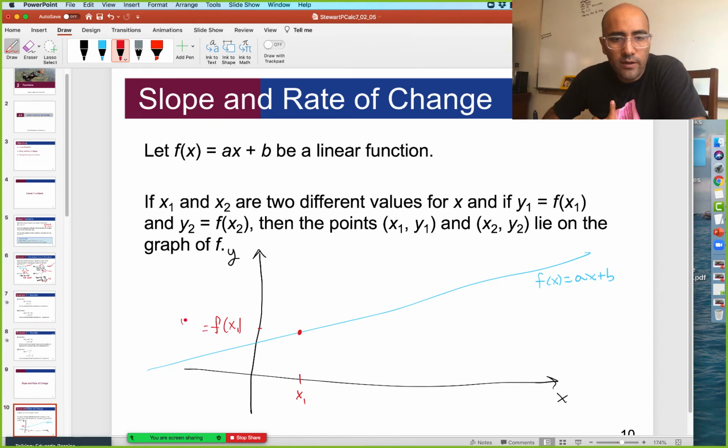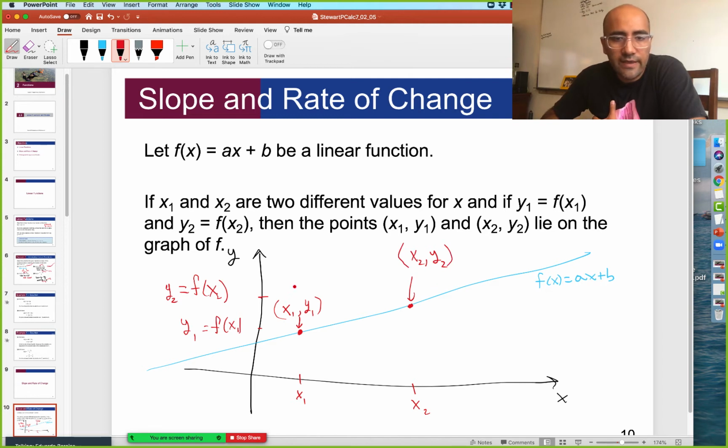which we're also calling y1. And then if there's some other random point over here, x sub 2, which is another instance of an x value, it comes up and maps to this line, which comes across and maps to what we're calling y sub 2, which is the same thing as f of x sub 2. Good. Okay, so then this point right here is the point (x1, y1), and this point is the point (x2, y2),